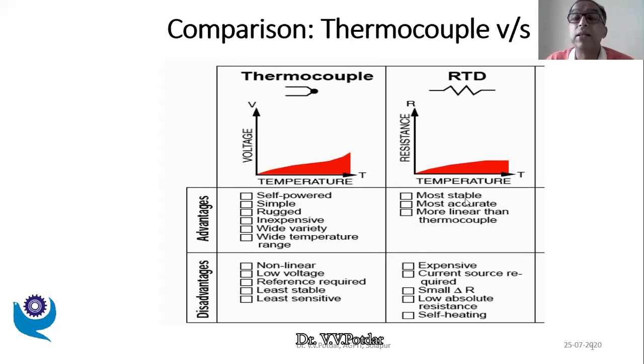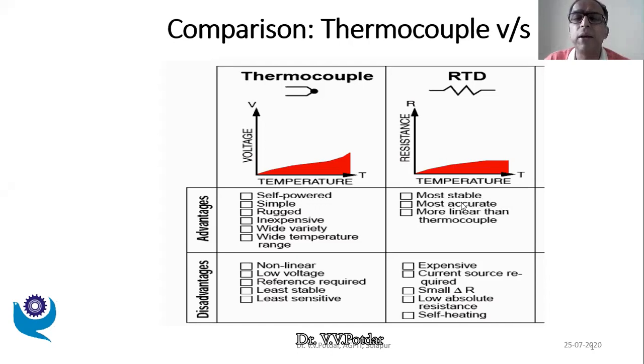As far as stability is concerned, what do you mean by stability? If we have sudden changes in source temperature, my temperature transducer should be able to respond properly. There should not be any delay in responding, or any flickering in the output voltage that we read. In that way, RTDs are more stable than thermocouples, which are least stable. So these are the advantages of RTD.